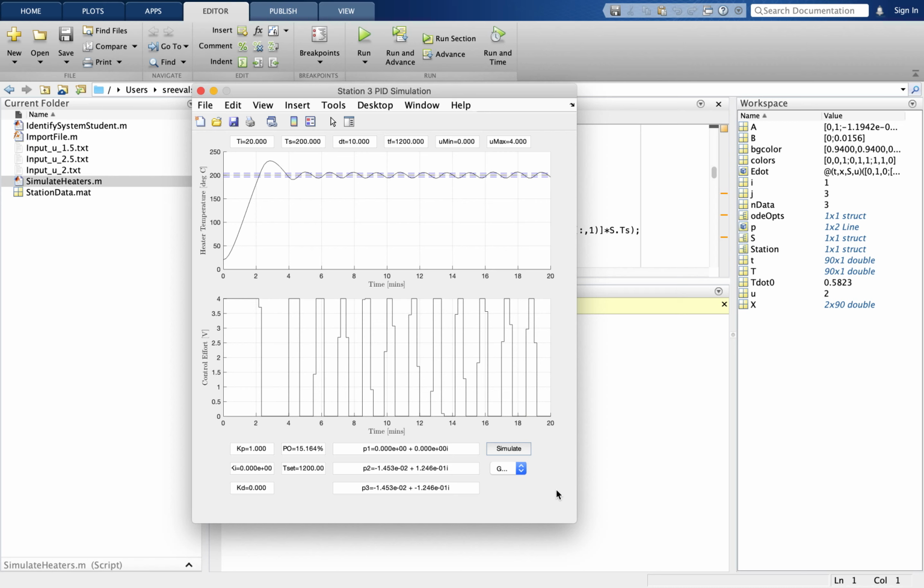This might be a little confusing the first time. Just call me if you have any doubt, and I will explain to you. So what we are doing here is simulating the system and seeing the system response. Once you know the simulated response, use this in the actual system. Get these values, use LabVIEW, input those values into LabVIEW, and see how the actual system responds. As always, there will be small differences, and whatever difference you see, that is what you have to explain in your report. Okay, thank you.